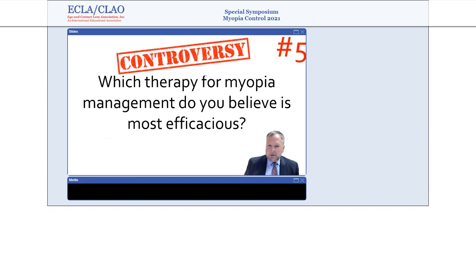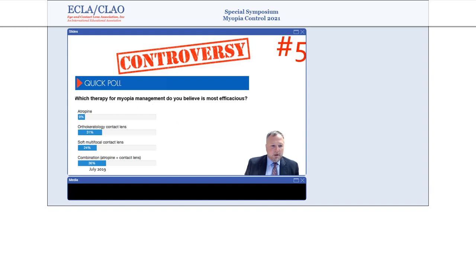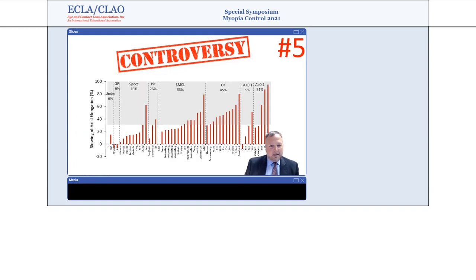And then also, this is a huge topic: which therapy for myopia management do you believe is the most efficacious? We asked practitioners what they feel is most effective, and most will say it's a combination of atropine and contact lenses. However, we've still got a lot of scientific evidence to gather. This figure provided to me by Jeff Walline shows various treatments that have been used, from spectacles to pharmaceuticals to various types of contact lenses. A lot showing efficacy, a lot still to learn,